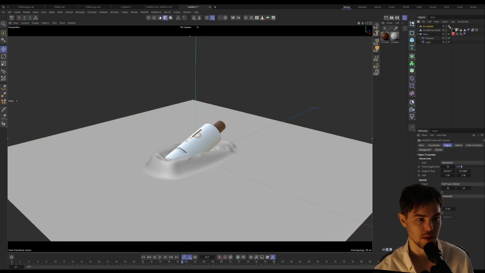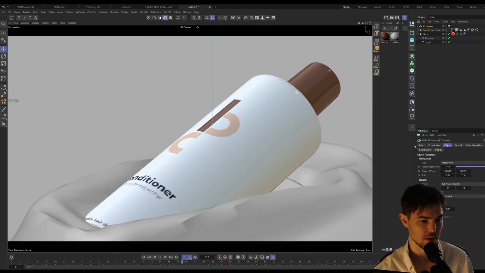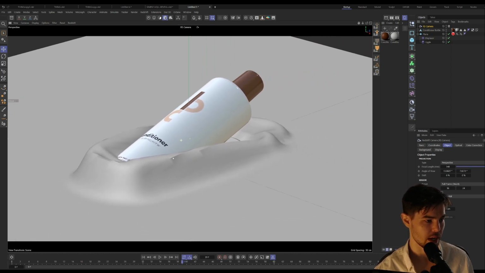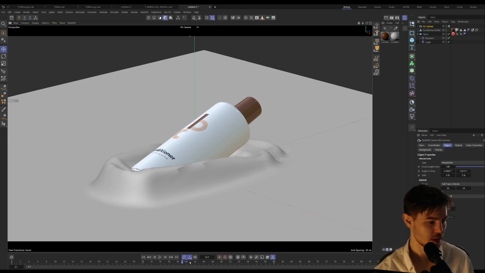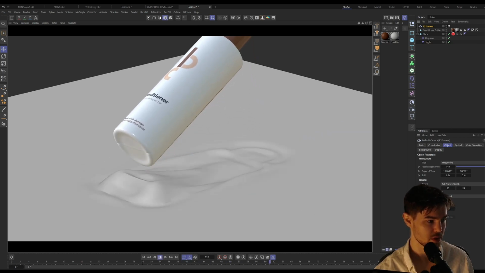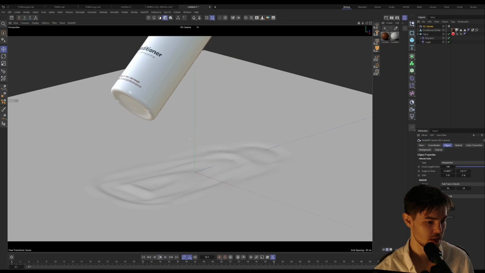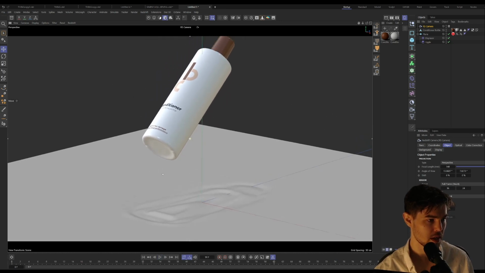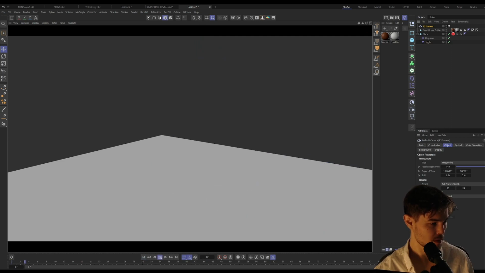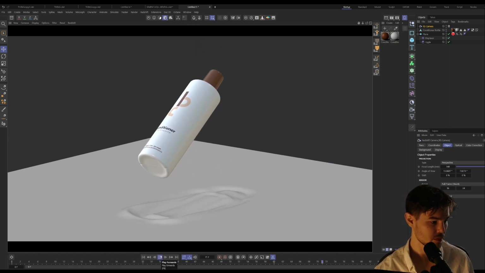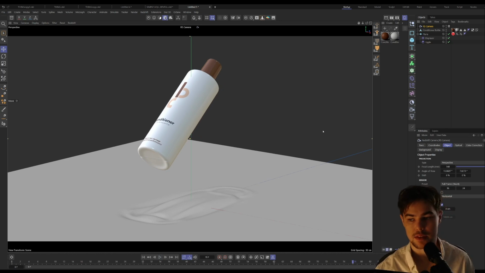But let's just set up a basic camera for now with a pretty high focal length, and let's play this through so we can see where we need to land on. Great. So that's pretty much the basis of the effect, and now we can go through and